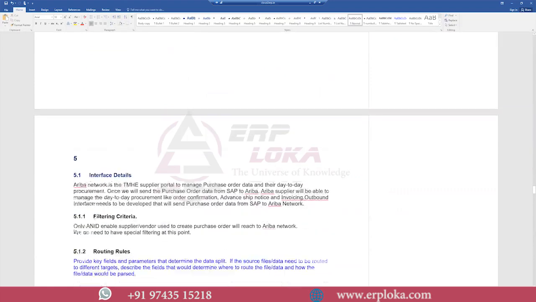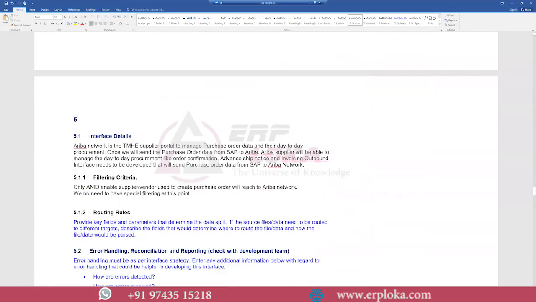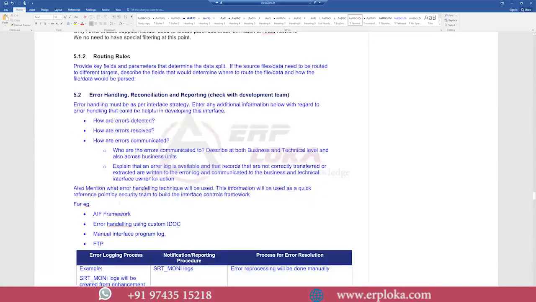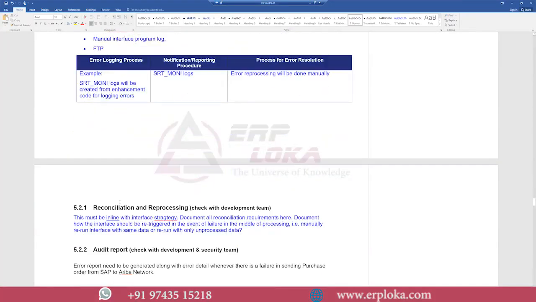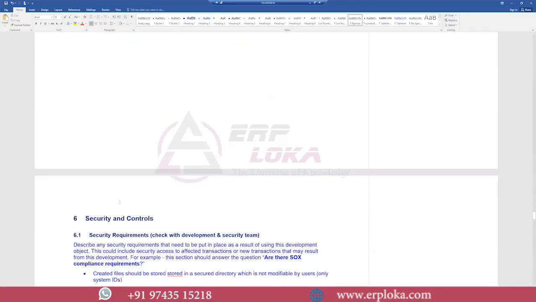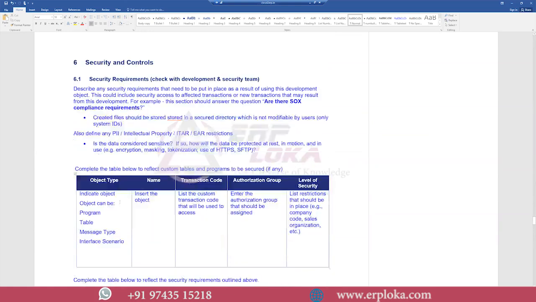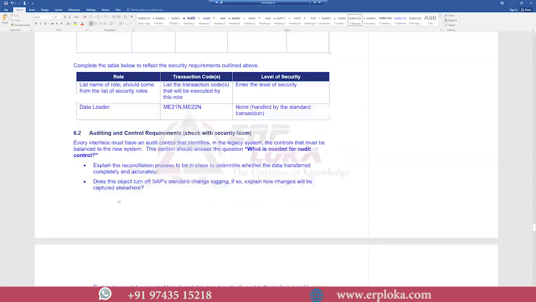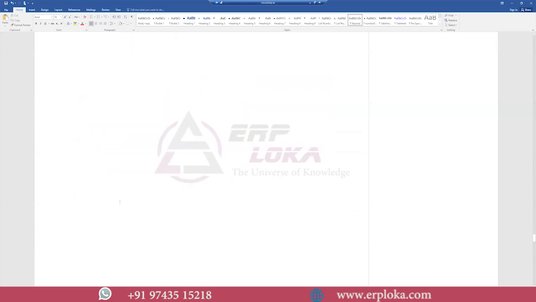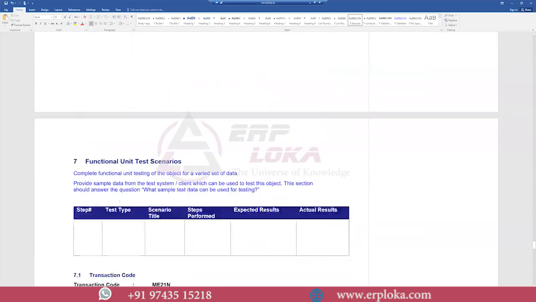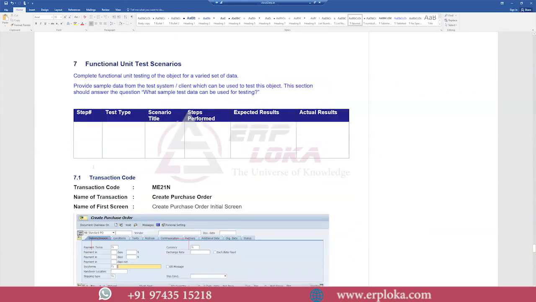If you see the functional specification content now, we go to the specification document here. These are all the standard synopses which we receive from the business. So here is the logic. Whenever you use the transaction code ME21N to create that purchase order,